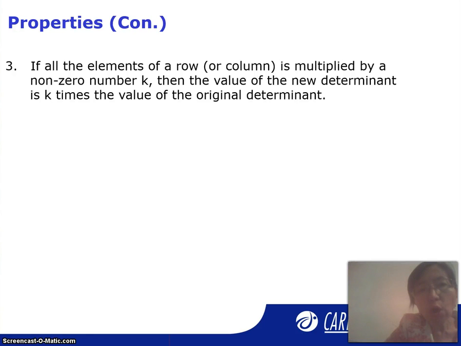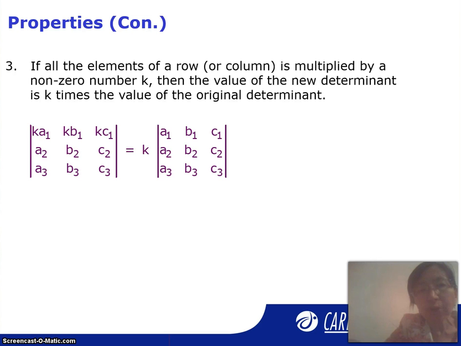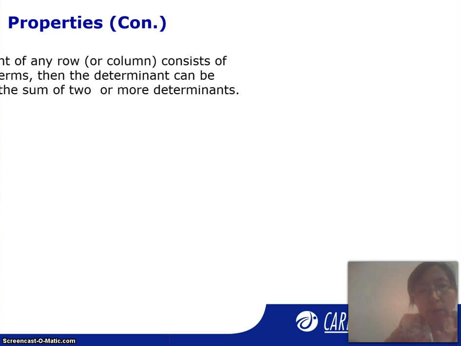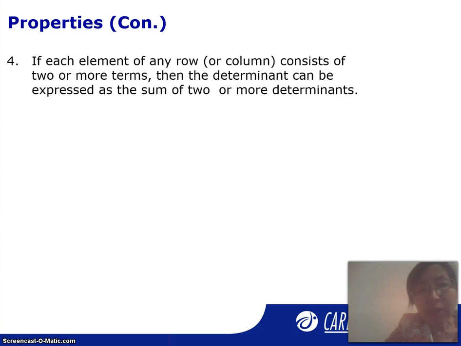Third, if all the elements of a row or column are multiplied by a non-zero number k, then the value of the new determinant is k times the value of the original determinant, which also implies: fourth, if the elements of any row or column consist of two or more terms, then